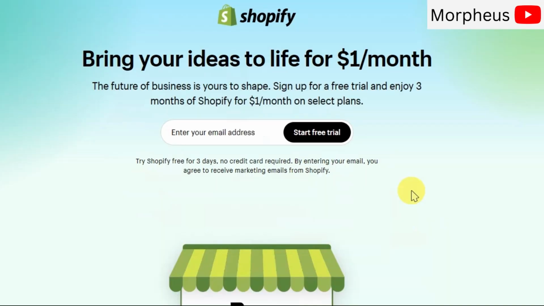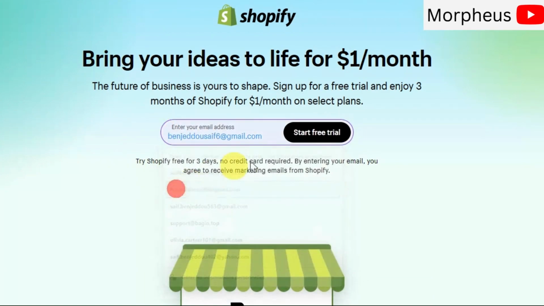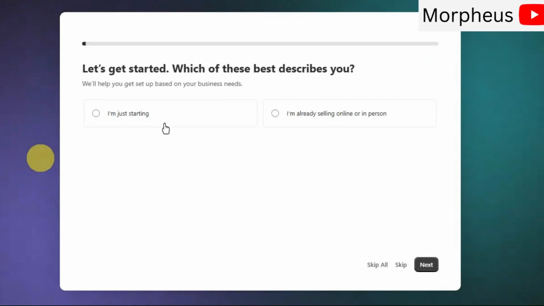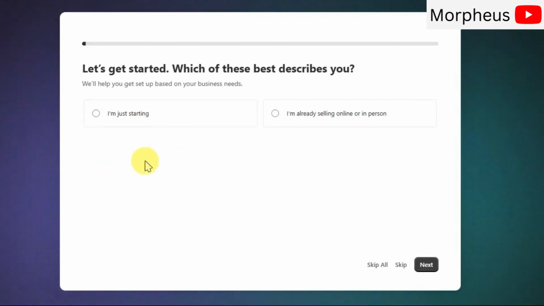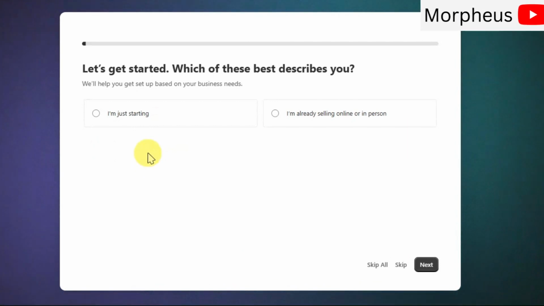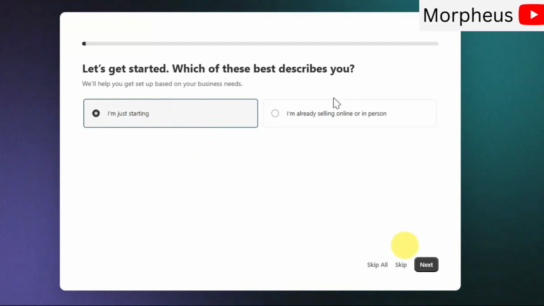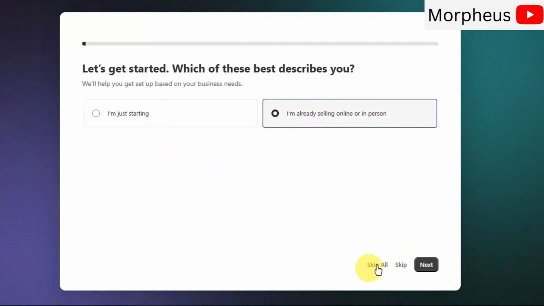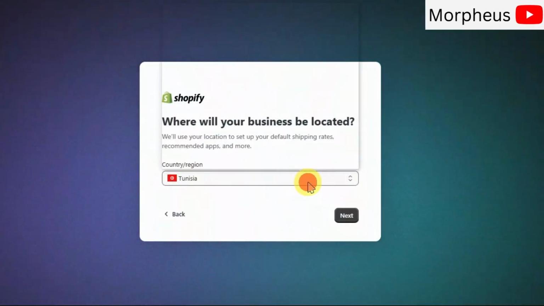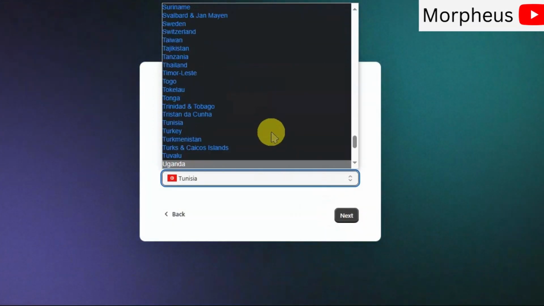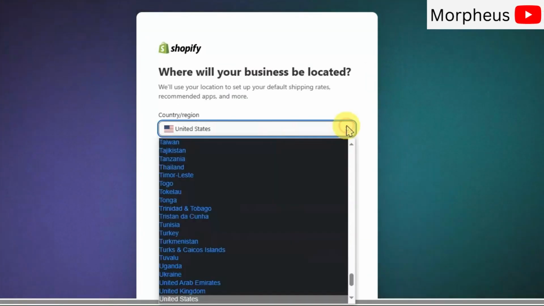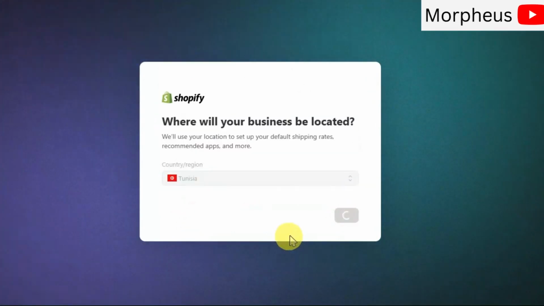Then you can go ahead and create a new Shopify account using your email address. Click on Start Free Trial. Now, choose a nice and easy to remember password and click on Create Your Store. Then you can answer these simple questions about yourself or choose to skip them to save your time. I'm just gonna skip them because I'm lazy. Now, you have to type your name and address where you will get paid. And click on Enter My Store.